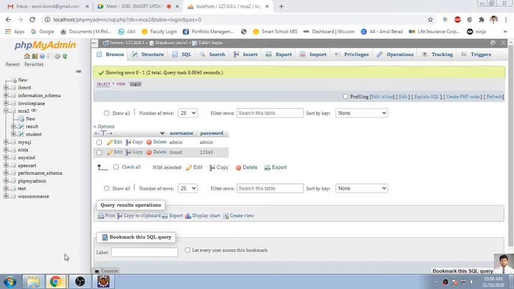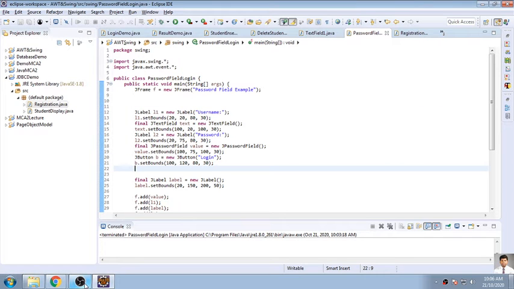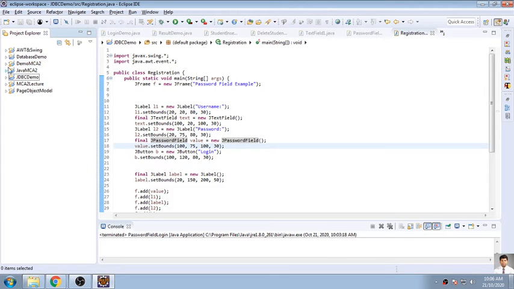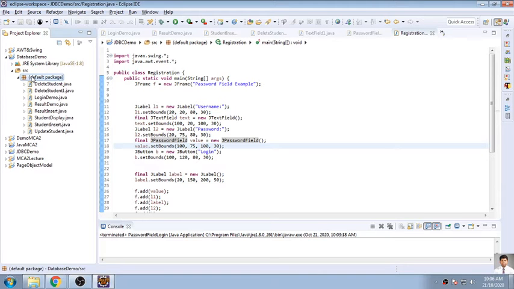So we'll go for one small database connectivity program. I think we have JDBC demo, student demo, database demo. Into that we'll be creating one more form.